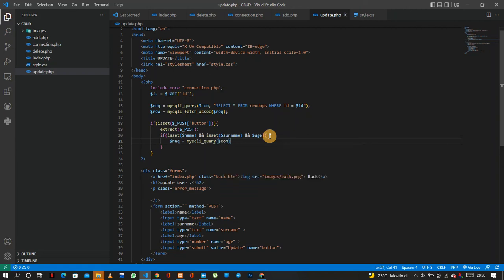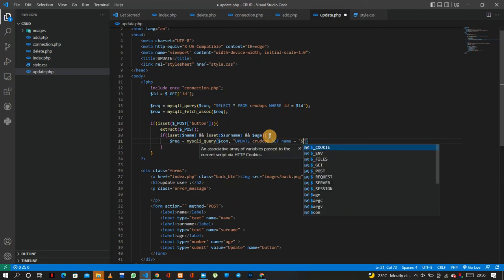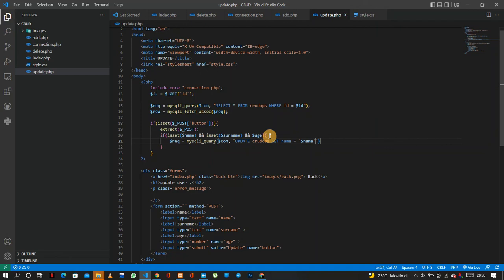query brackets connection, double quotes update CRUD ops, set name equal variable name, and you write surname equal surname,